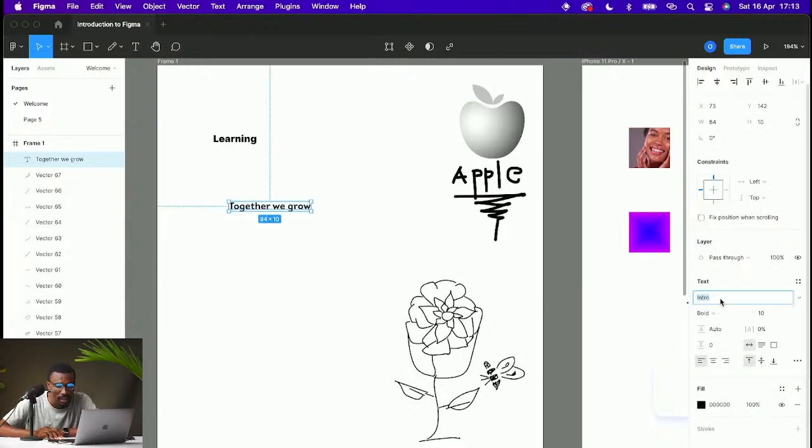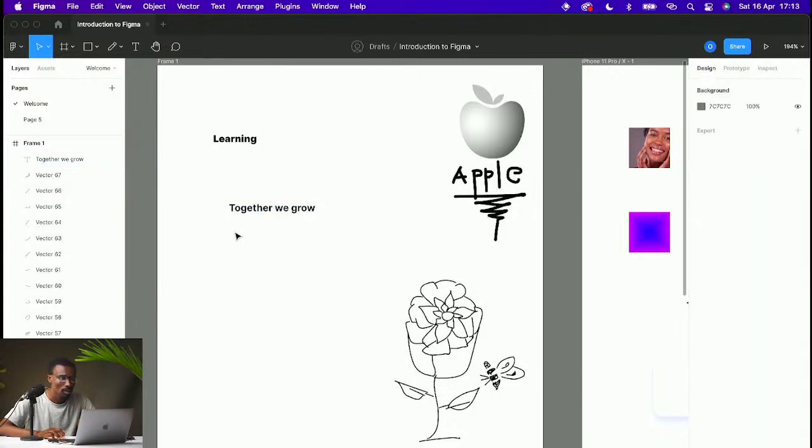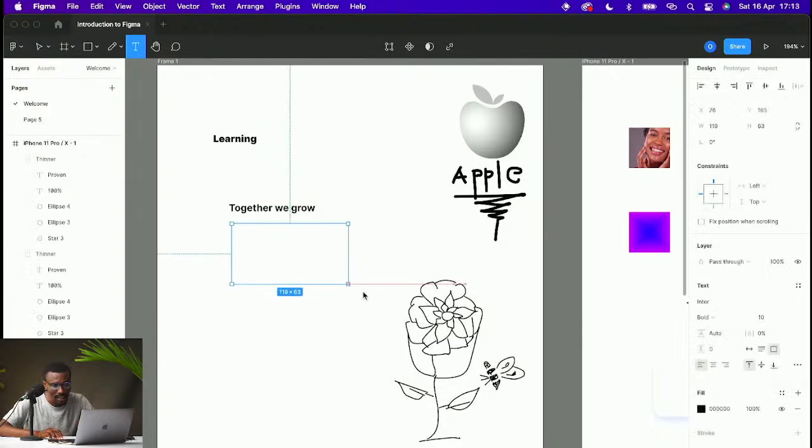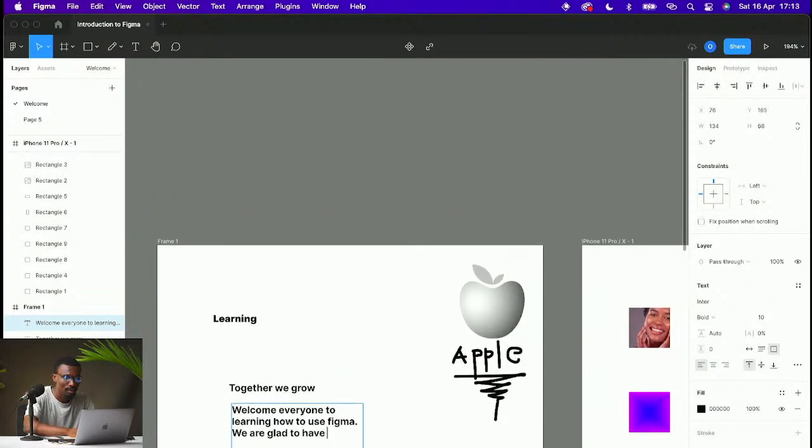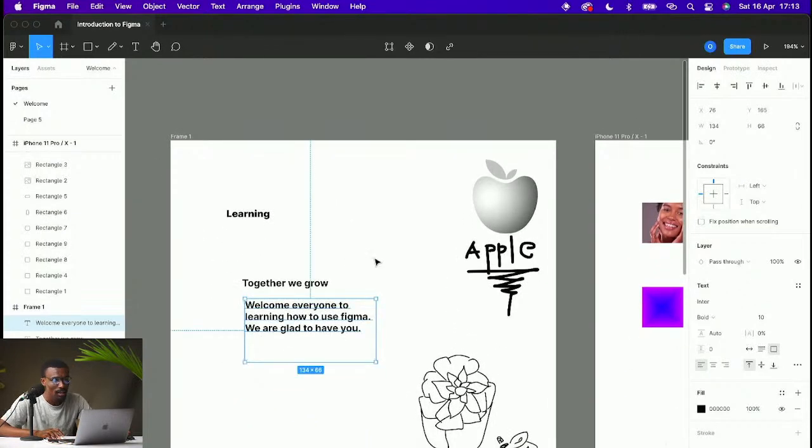Now look at this. I want to go back to Inter. When I click and drag on my text, I'm literally creating a text box. Welcome everyone to learning how to use Figma. We are glad to have you. So yeah, this is